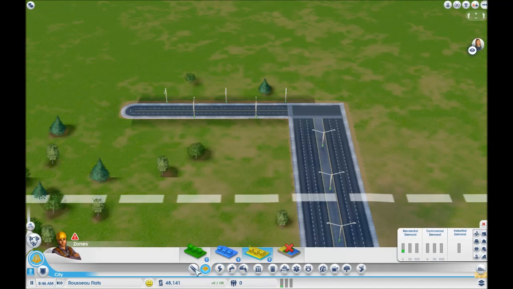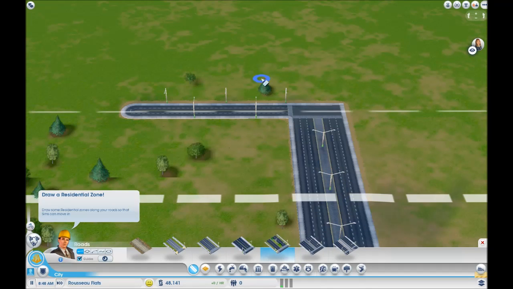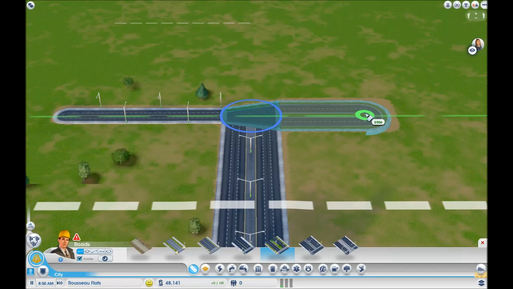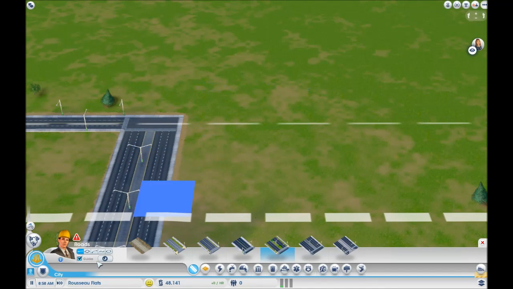But now here's the tricky part. I actually want that to be an avenue. But you'll notice on this side, if we go avenue, that area for our zone is actually a little bit smaller, because now we have a double wide road. So what we're going to have to do is, rather than using that guideline, and I'll turn that off,